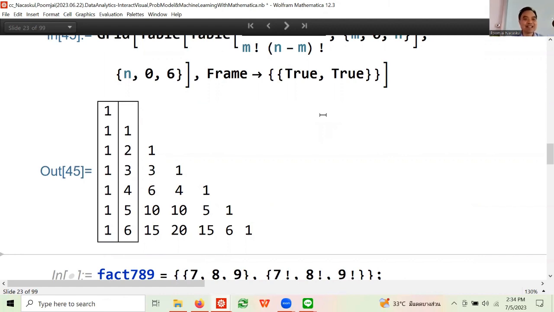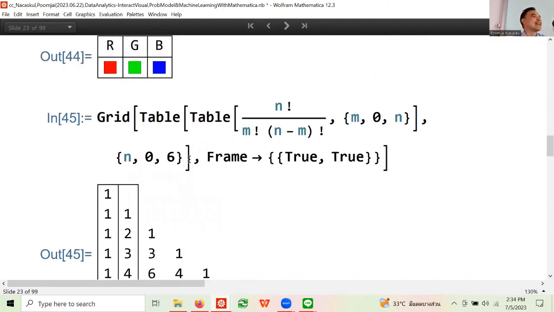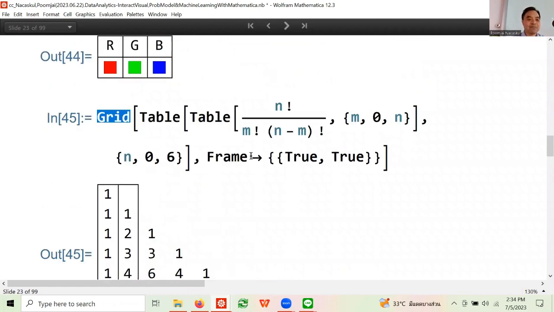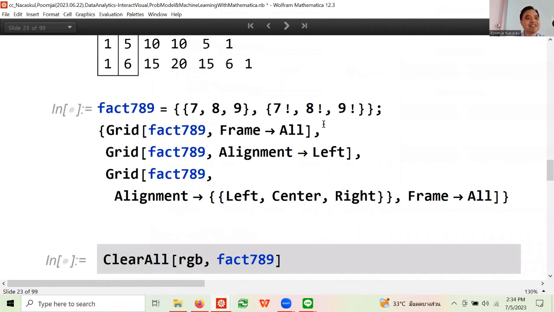Okay, well, this is basically a Pascal triangle, right? Now, the only thing I'm doing here is I create a Pascal triangle and I put it in a grid so that it looks nice, and I put frame for the first 2 of them. This is just fancy way of looking at it. Doesn't matter.